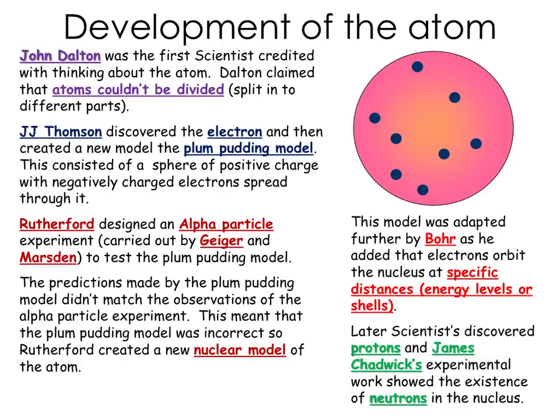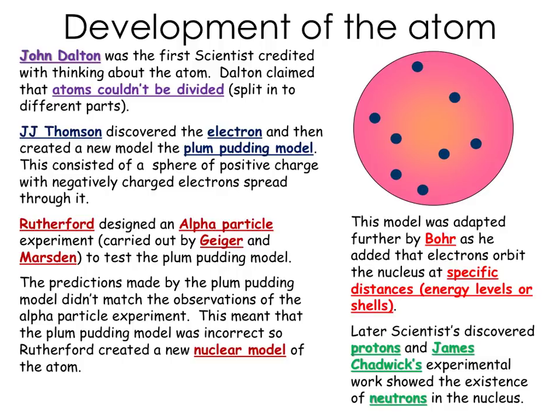With all good theories, this needed to be tested and stand up to scientific evidence. So Rutherford designed an alpha particle scattering experiment, which he got his two understudies to carry out, and they were Geiger and Marsden. Basically, they used alpha particles to test the plum pudding model. Unfortunately for the plum pudding model, it didn't stand up to that test. The predictions that the plum pudding model made was that the particles would pass straight through. The observations that were carried out through the experiment showed that this wasn't the case, and that meant the plum